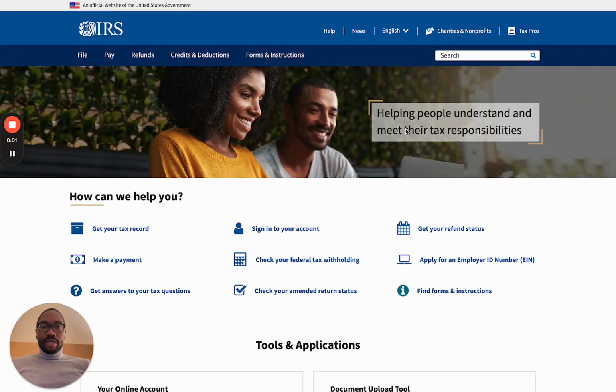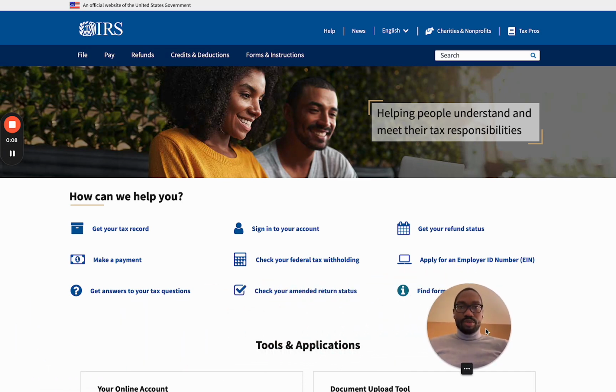Okay, so how to get a copy of your W-2 from the IRS website. There's two ways to get a copy of your W-2. One, from your company. Two, from the IRS. So if you're having difficulty getting a copy of your previous W-2 information, you can get a copy from the